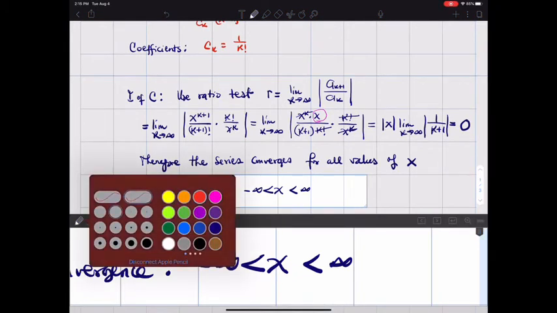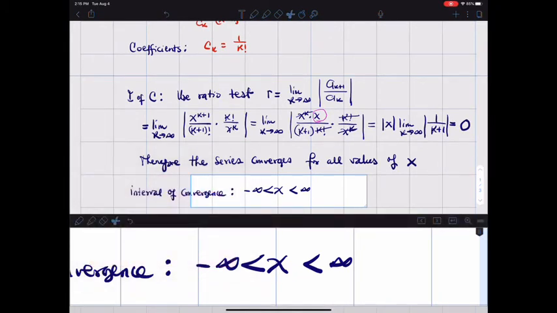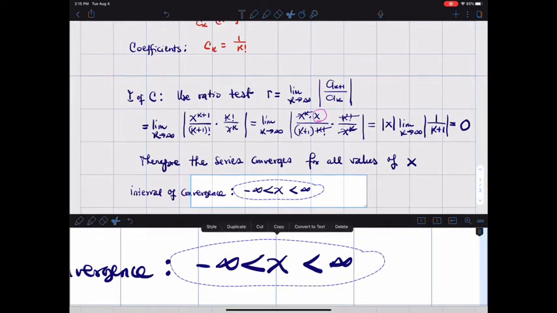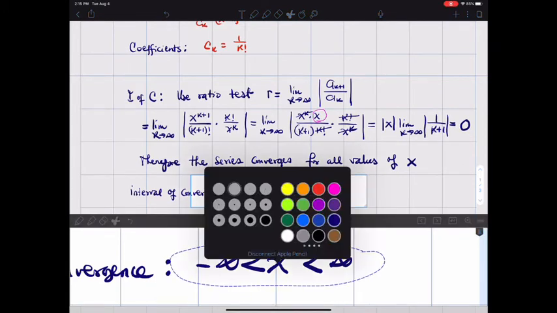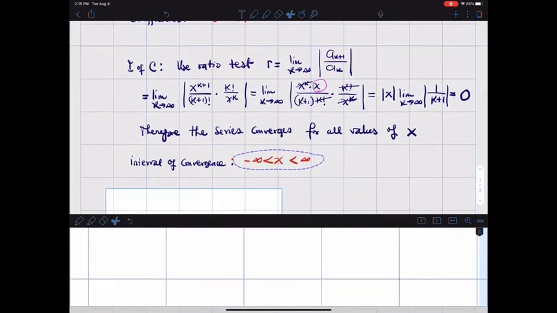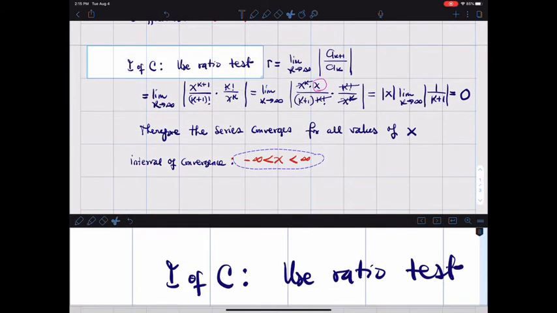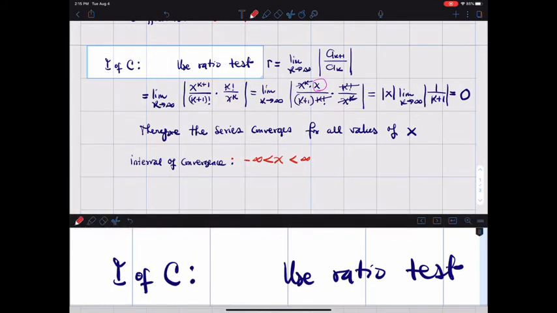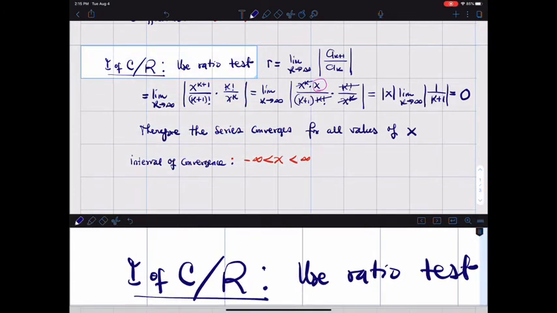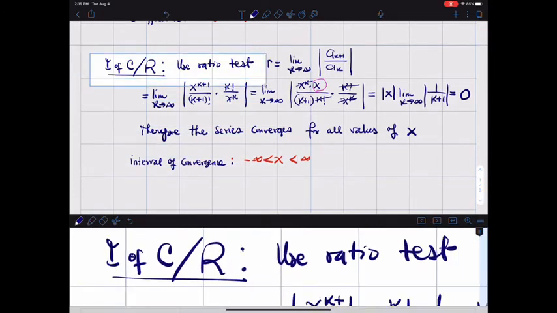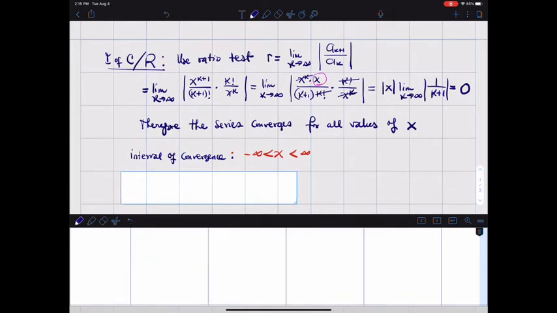Since I've been writing things in red, I might as well write this one in red. That's our interval of convergence. So this was, I should have done interval of convergence slash radius of convergence slash r, radius of convergence. Okay. So our r, radius of convergence,